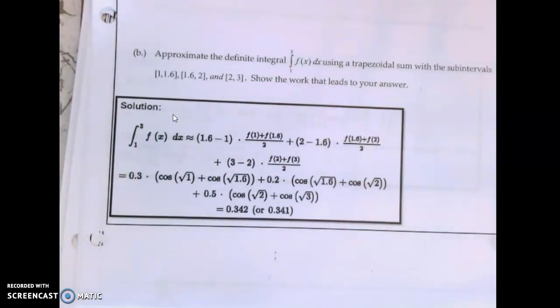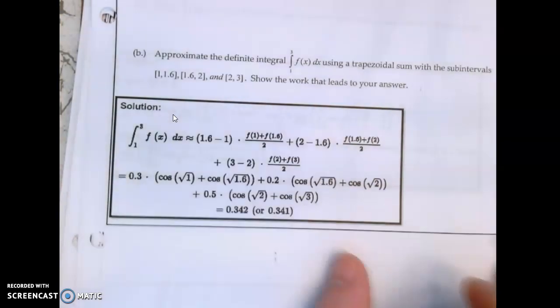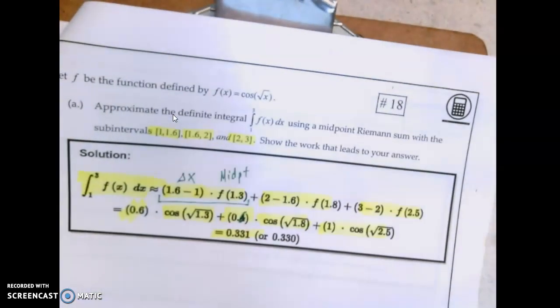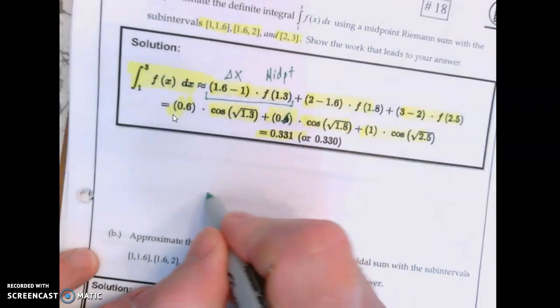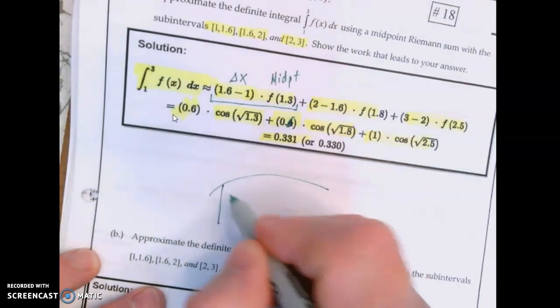The next one is trapezoidal. It's a little more difficult, but not too difficult. And I want to draw a quick diagram up here of what a trapezoid estimation is going to be. So if we have a curve like this,